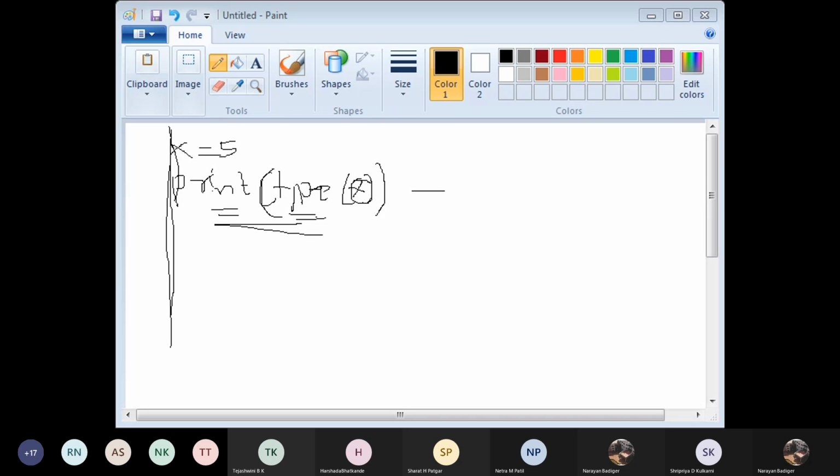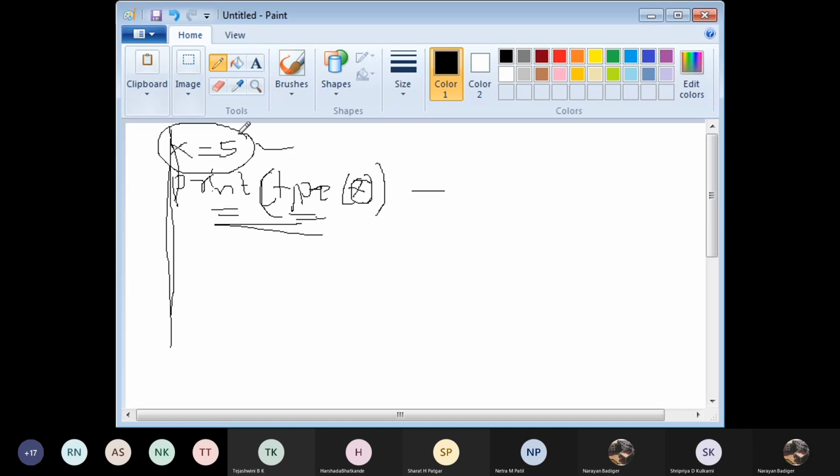For example, I had already written here, x equal to 5. Is it visible? Yes, sir. Okay, x equal to 5. Now I want to know what type of data this is.